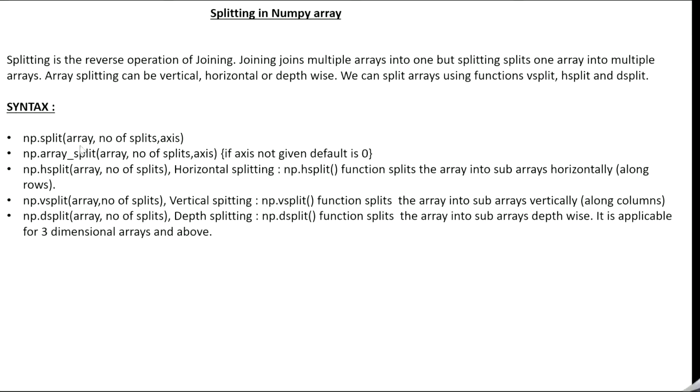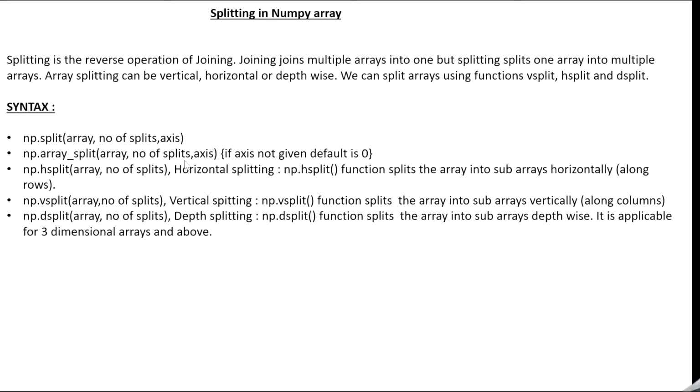So there are many split operations present in NumPy. The first one is np.split, wherein we give the array which needs to be split and we have to specify the number of splits. So if we give 3, the array will be split into 3 sub arrays, and axis is optional. By default it takes axis value as 0. And the second one is np.array_split, which also takes an array as the input, number of splits and